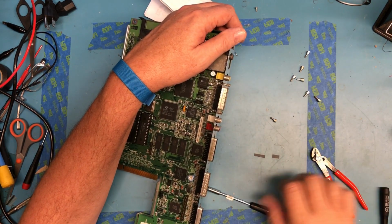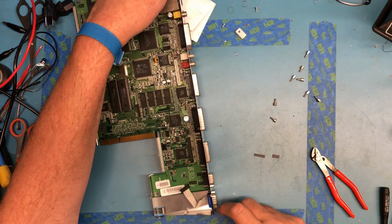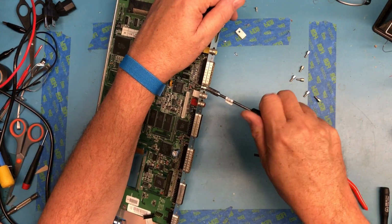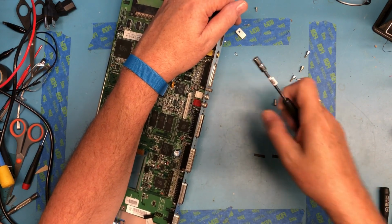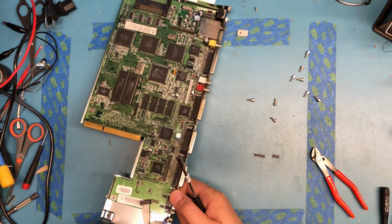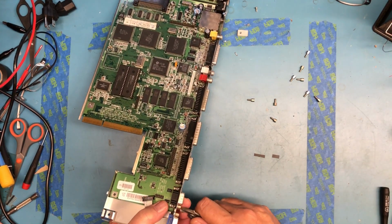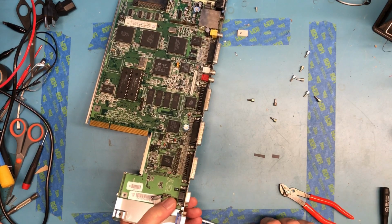There is in the Amiga case over on this end, that little door. And with the replacement Amiga case I bought, it's actually got a pre-made panel for that position. It'll take an HDMI cable, or connector, so